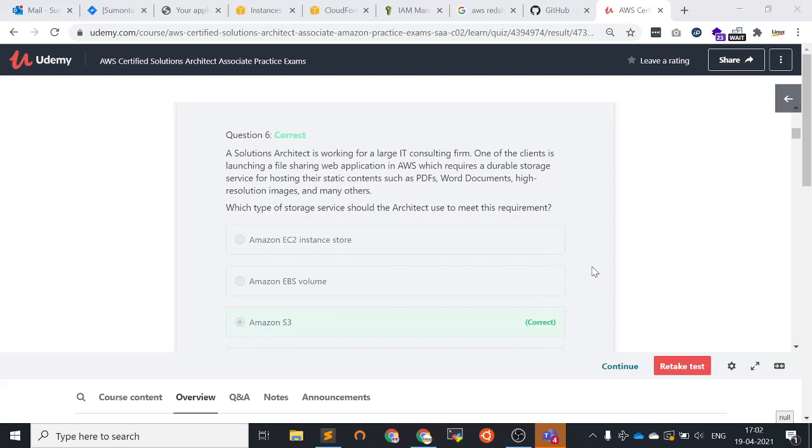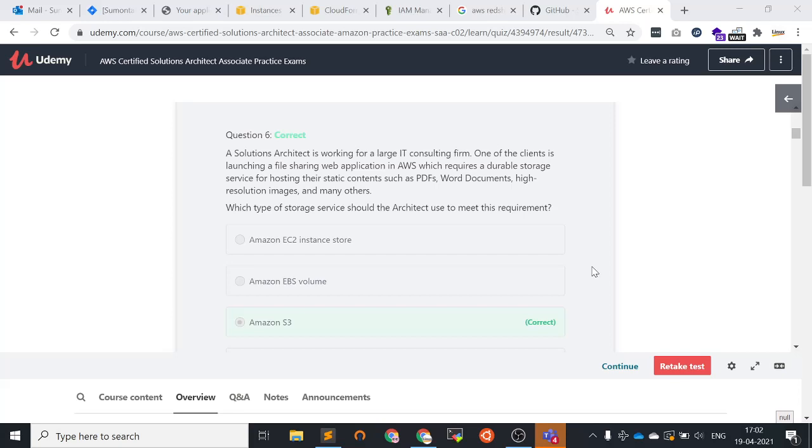Okay, next question. A solutions architect is working for a large IT consulting firm. One of the clients is launching a file sharing web app in AWS, which requires a durable storage service for hosting their static content such as PDFs, Word documents, high resolution images, and many others.